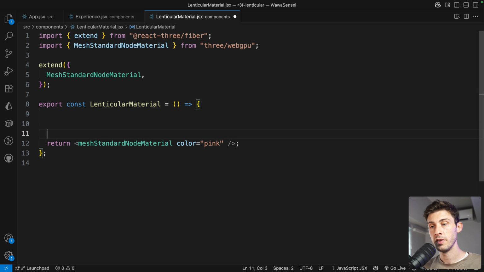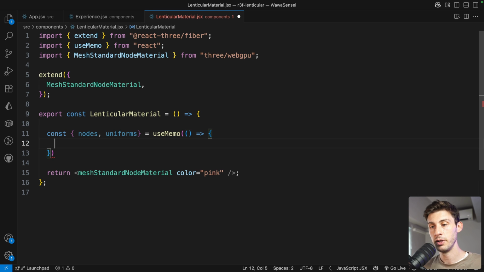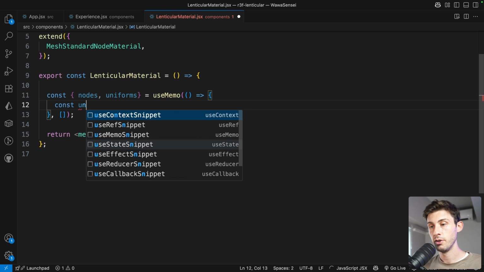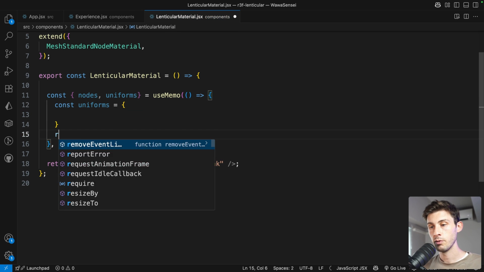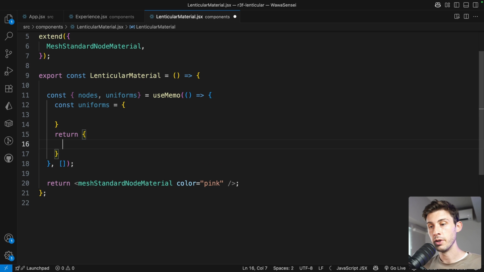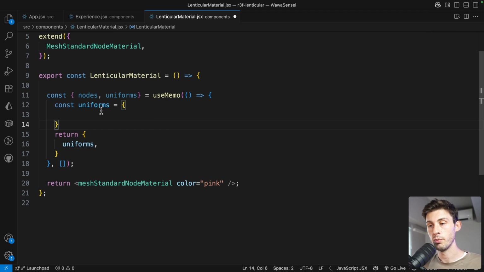What I like to do, this is my implementation, maybe there are others, is to declare the nodes and also the uniforms in a useMemo. So it doesn't change at every re-render, but only when you need to. Inside, we create uniforms that we will assign later, and we return the different nodes we need. But first, the uniforms. So we are sure we have access to it outside our useMemo,